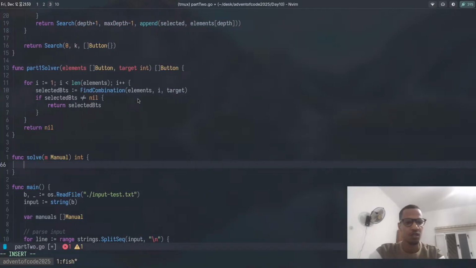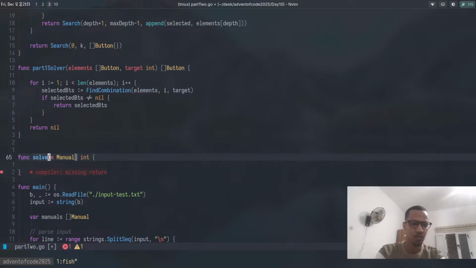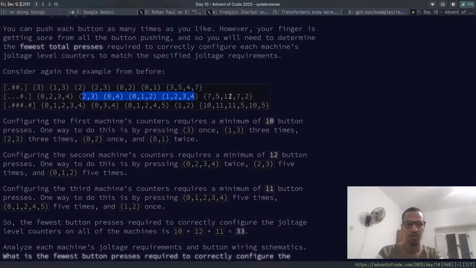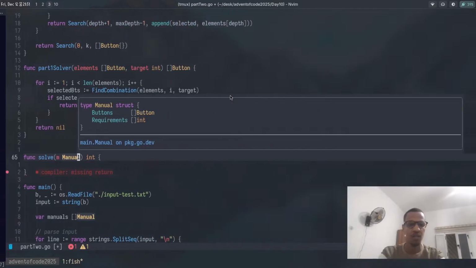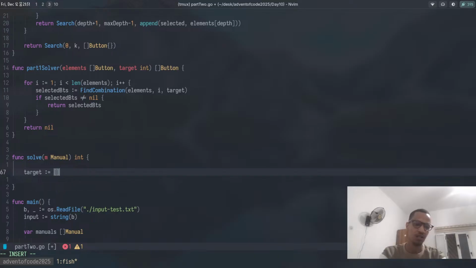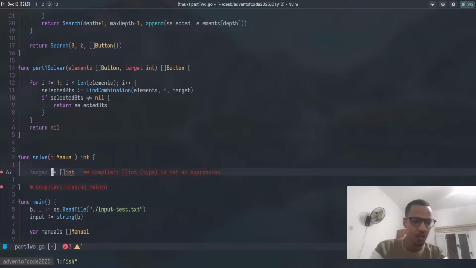And now, okay, a manual here is this thing. It contains buttons and requirements. The requirements is this last array. So I should construct first the target, which is an array of ints. I shall do this maybe,